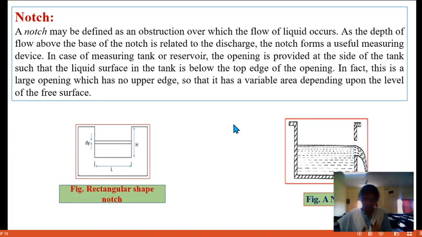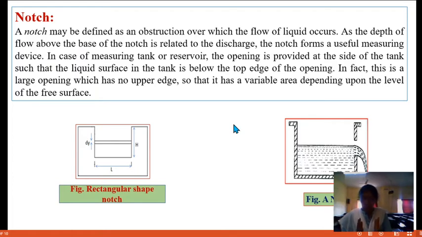If you want to find out the discharge passing through this section, this being the total stream, then to calculate the discharge at a particular section we need the type of the notch, its dimensions, and its discharge formula. Whatever the notch is, we have to take the coefficient of discharge for that notch type, and by substituting these values in the particular discharge equation, we can calculate the discharge at that section.